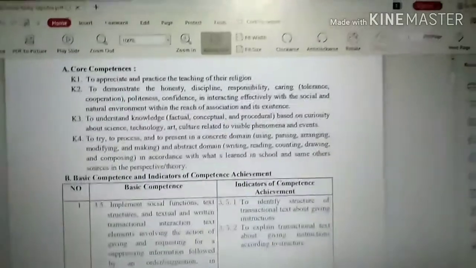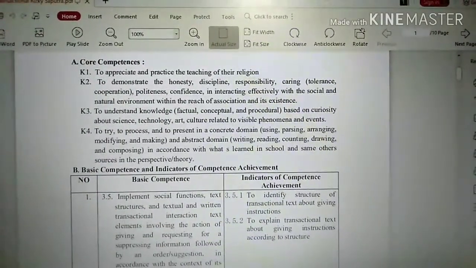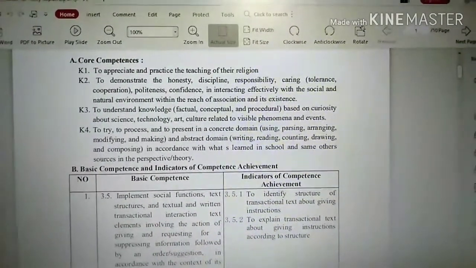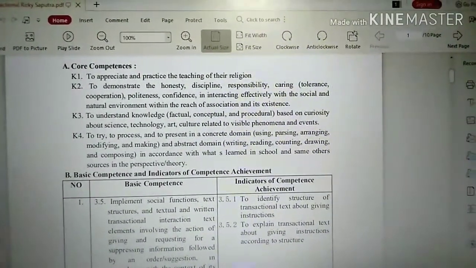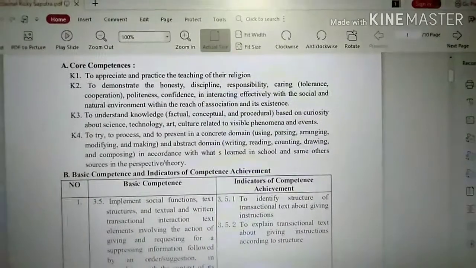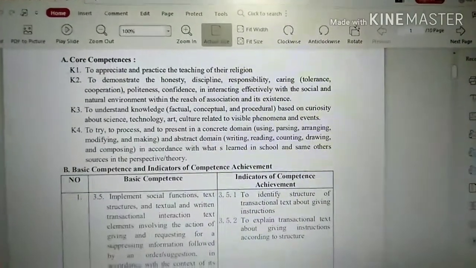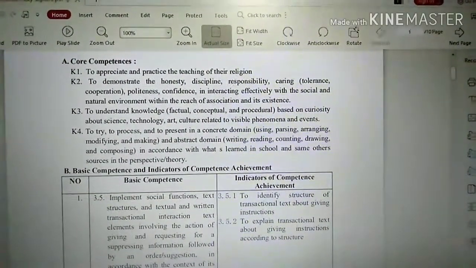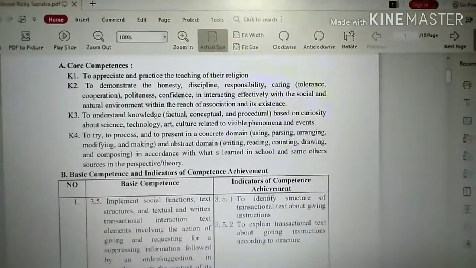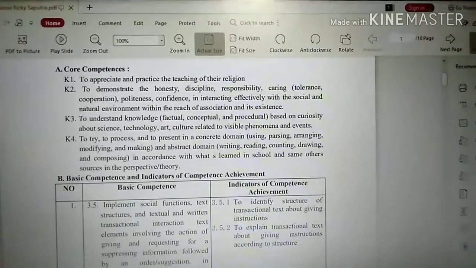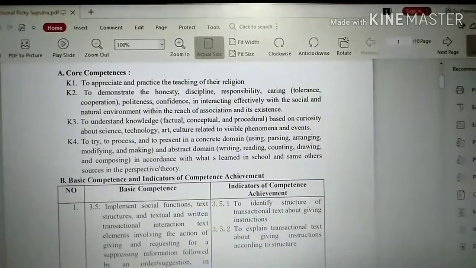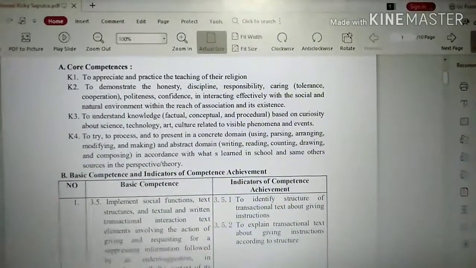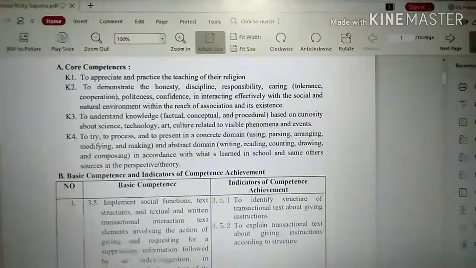Fourth, to try to process and to present in a concrete domain, using parsing, arranging, modifying, and making, and in an abstract domain: writing, reading, counting, drawing, and composing in accordance with what is learned in school and other sources in the perspective or theory.